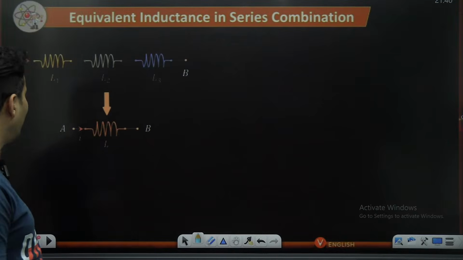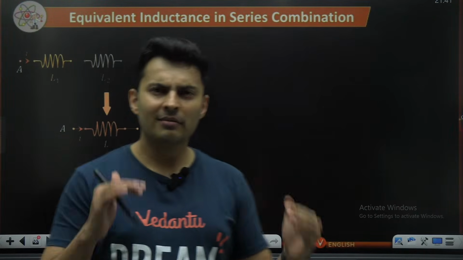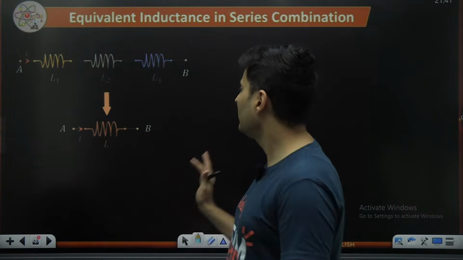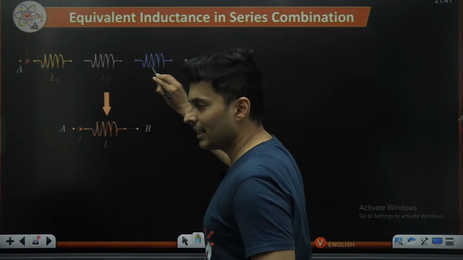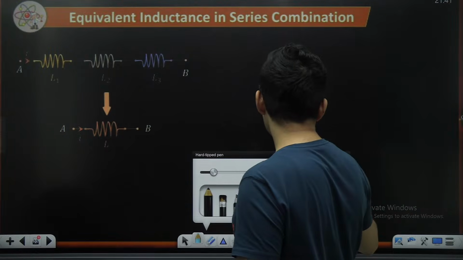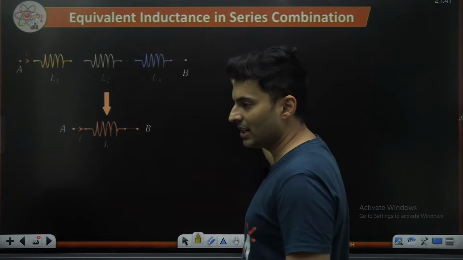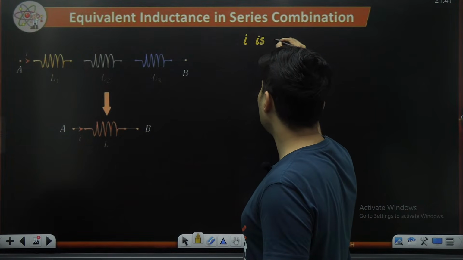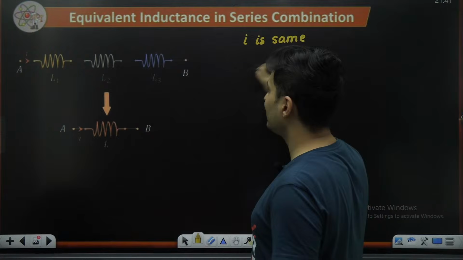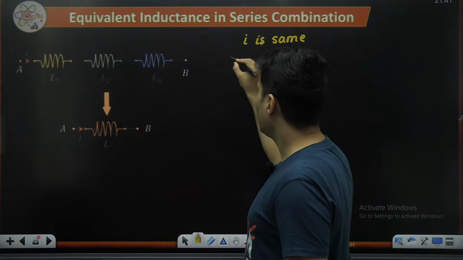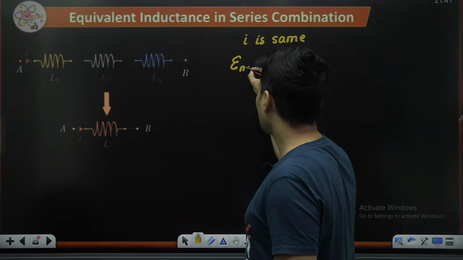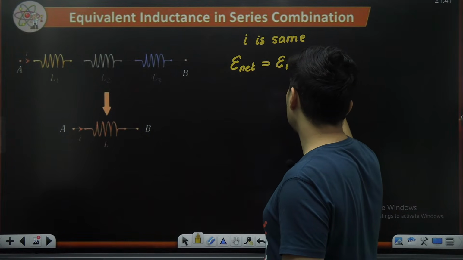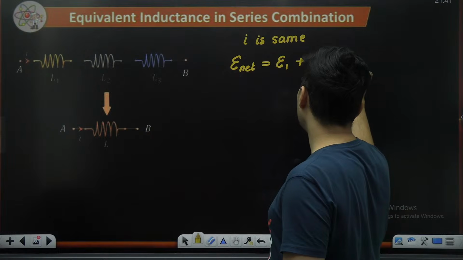Let's go to the final part, which will talk about the combination of inductors in series and parallel. It's very laddu only. If inductors are connected in series, then all the inductors will have the same current. So the current is going to be the same, but it is the EMFs which will be different, and the net EMF will be EMF across 1 plus EMF across 2 plus EMF across 3, like that.